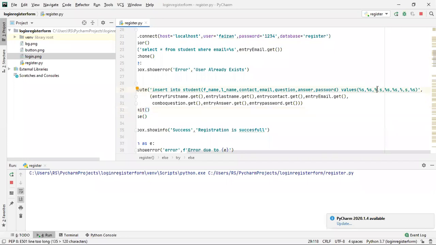Such a silly mistake I have made here. And here also I missed a percent symbol. And here also. See what is the mistake I have made.